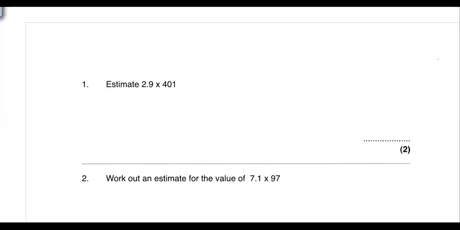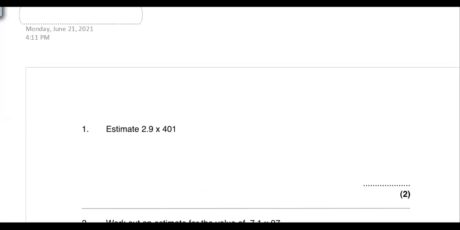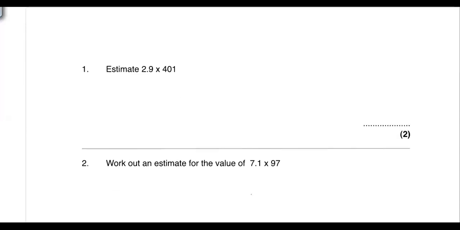Okay, right now on your screen you can see we have this estimation sheet, because most of the students had mistakes in that one. So that's why I decided to go through that one quickly before going to the next step. I told you, if you are given an estimation in the form of an addition sign, a multiplication sign, or a division sign, we will round to one significant figure.